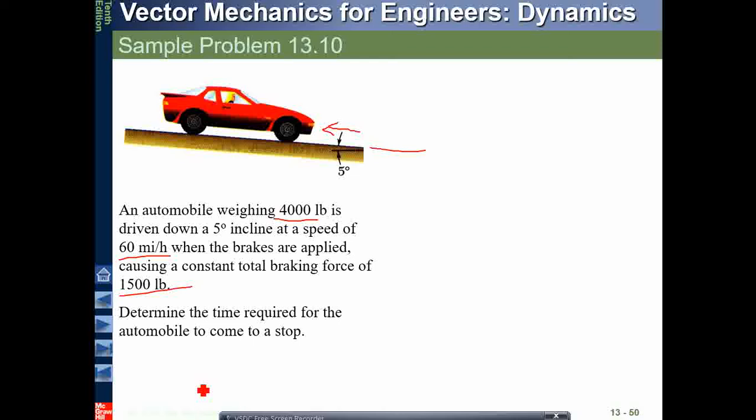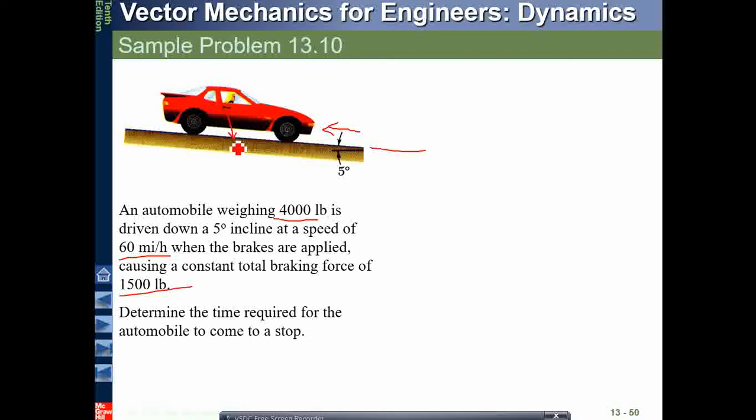This automobile is on an inclination of 5 degrees, and it is moving down with a speed of 60 miles per hour. So it has a momentum, v1, and it is moving down the 5 degree inclination. So where does the impulsive force come from? From nowhere. The impulsive force can only be assumed to come from the weight of this automobile, and not exactly from the weight itself, because the weight of the automobile is very large and